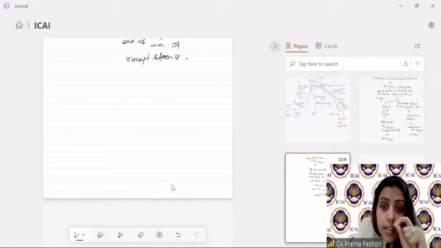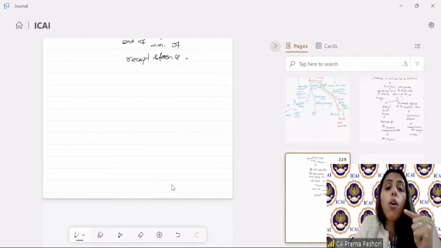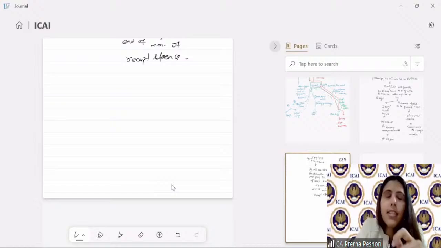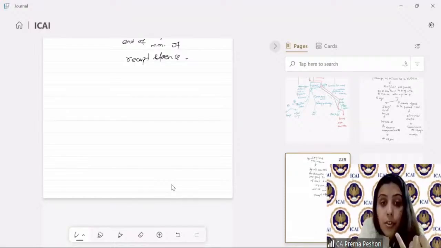Now, the dispute resolution panel is an alternative to the CIT(A), and it is a much speedier option to resolve the disputes. So, in case of an eligible assessee, eligible assessee meaning what? That the person in whose case there are transfer pricing adjustments. There are transfer pricing adjustments, right? Now, in case of the eligible assessee, the eligible assessee will get the notice, will get the order under section 143(3). Now, if you remember here,